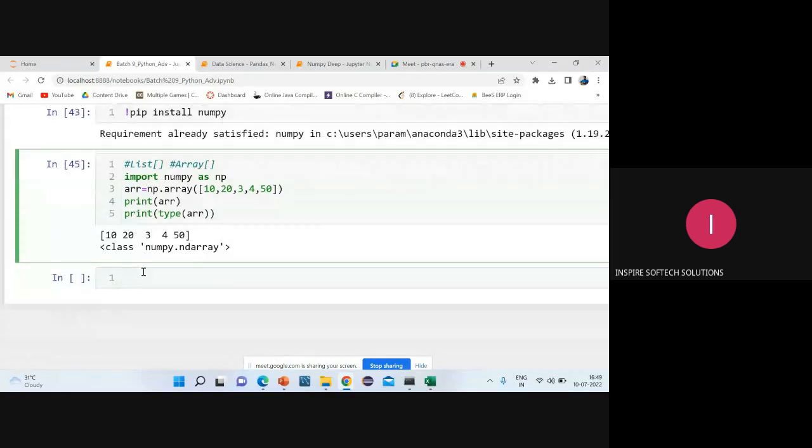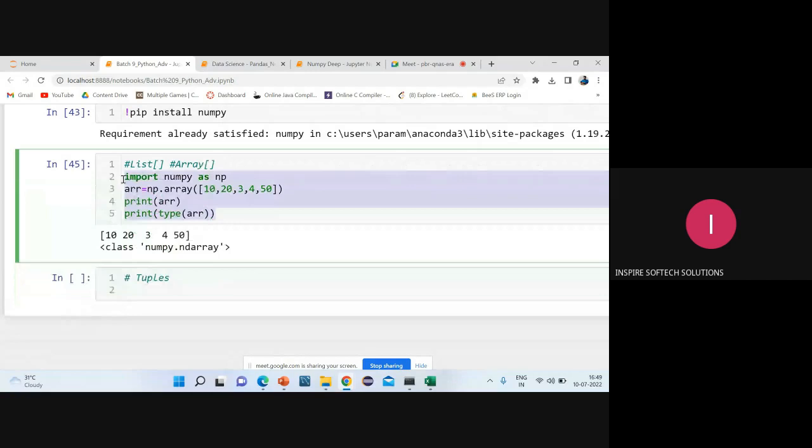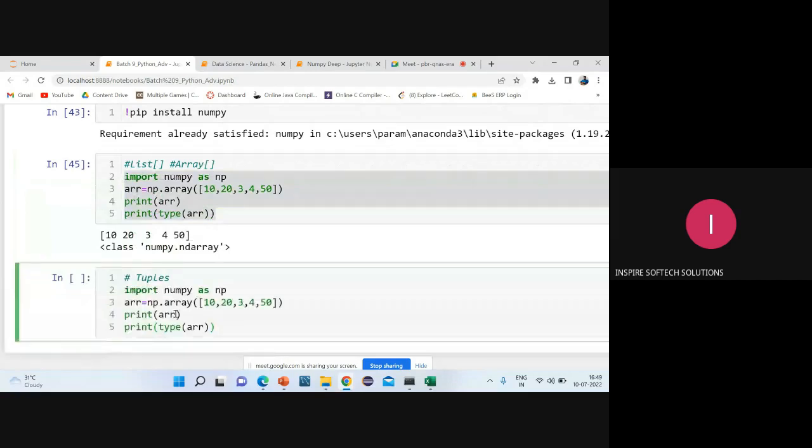Now if you want to create it with the help of tuples, you can also do that. How? Same scenario. I'll copy it here to save a minute. Here, in place of the square bracket, what is the representation of a tuple? Can you post in the chat? Very good. Yes, that is a round bracket.